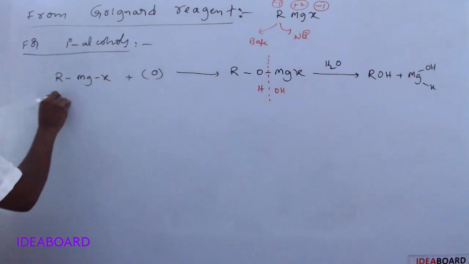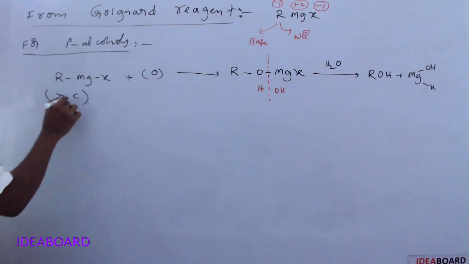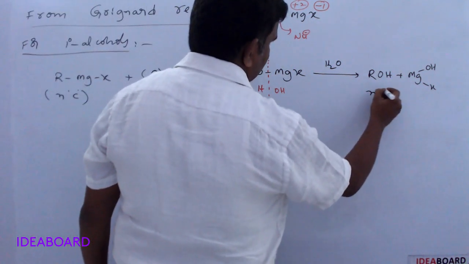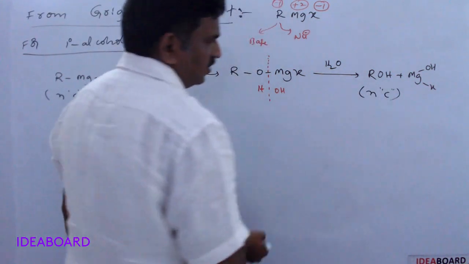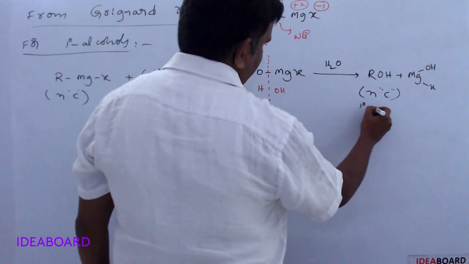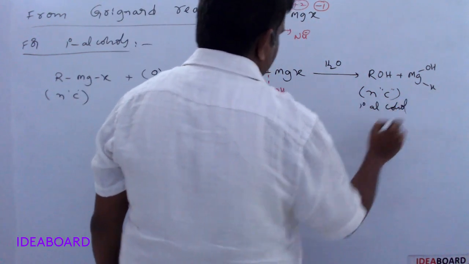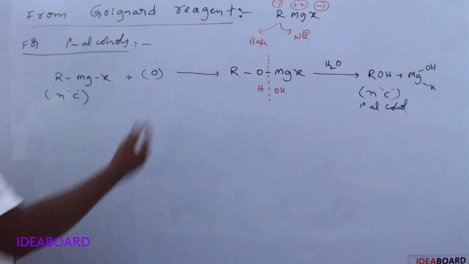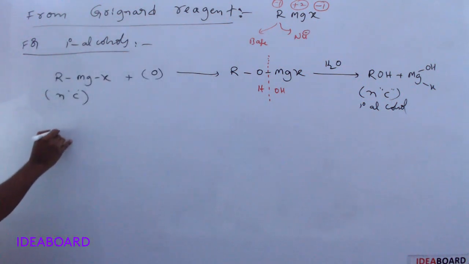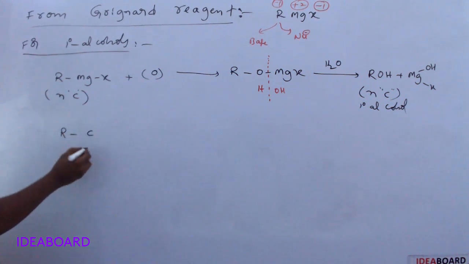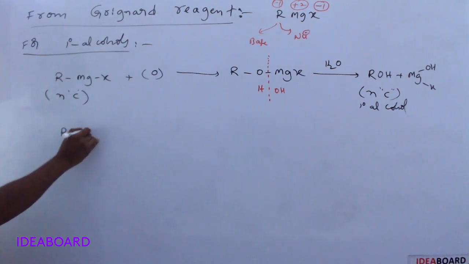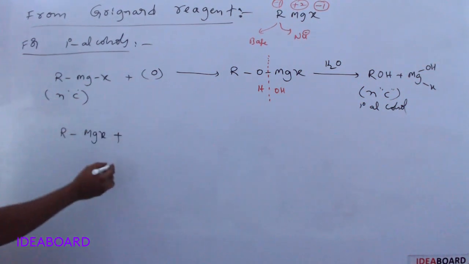Here, suppose we have n carbon atoms in the reactant, then the product alcohol also has the same number of carbon atoms. So a primary alcohol containing the same number of carbon atoms is formed. Reactant contains n carbon atoms, products also contain n carbon atoms. And the second one I am giving: RMgX is reacting with